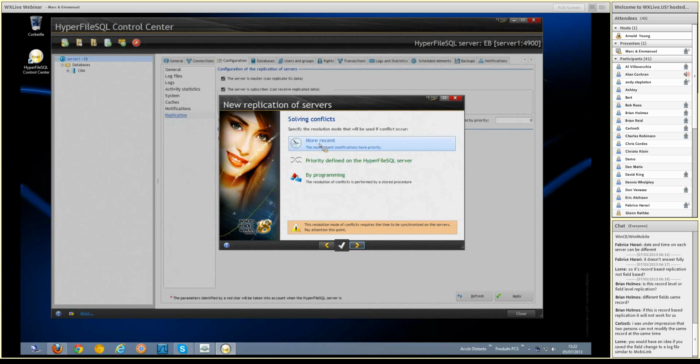So in other words, if I was changing the address and the telephone number and Fabrice was changing the address and I was changing the telephone number, I would have an update statement in there that would be update customer set telephone number equal this, where ID equals this. That's what you got, and the date timestamp. Fabrice would have on his date timestamp update customer set address equal this, where ID equals this, with this timestamp. And in essence, at that point, it resolves the issue because the only thing the replication is